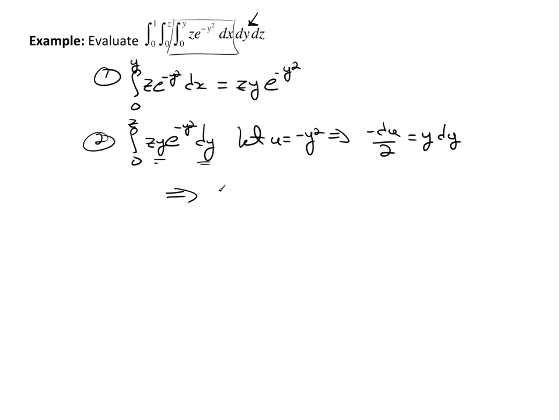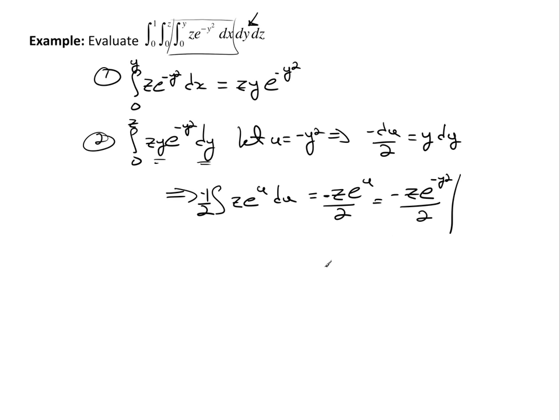So this will give me the integral of z e to the u du, which equals z e to the u. Whoops, forgot my negative 1/2. Need to put that in there. So it's negative over 2. And that is a negative z e to the negative y squared over 2. And this is going to be evaluated from 0 to z,